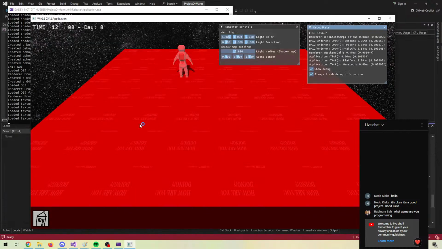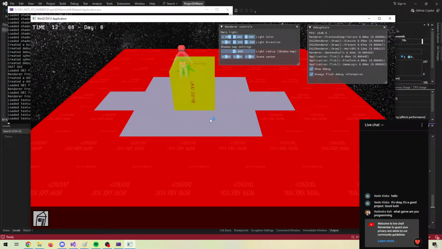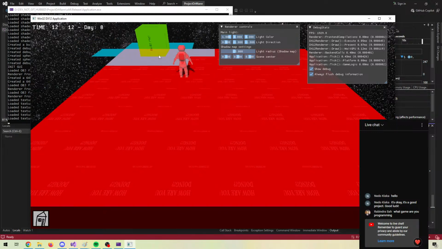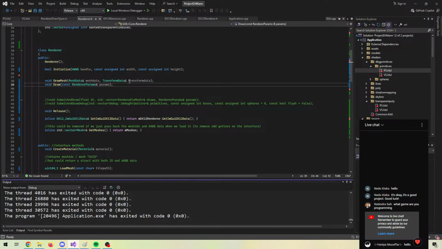Right now I have implemented started a build system where I can create different things that I want to build. Right now we are not building anything because I haven't implemented that, but